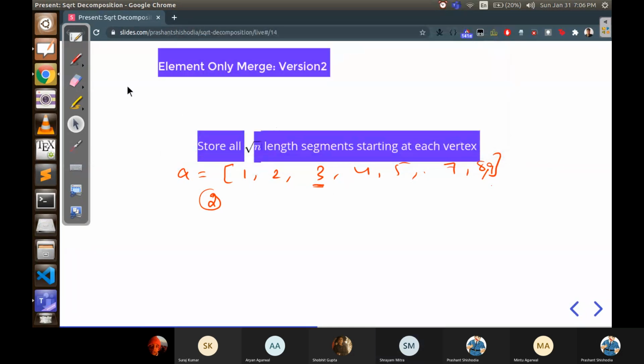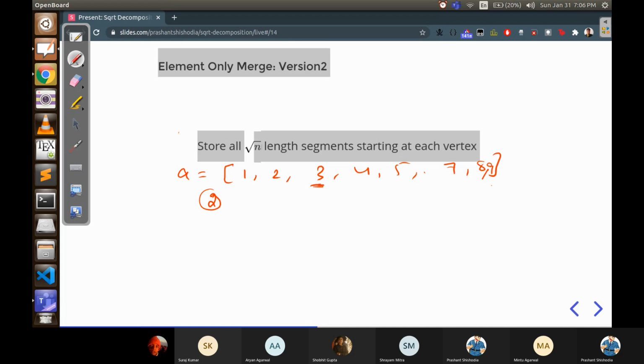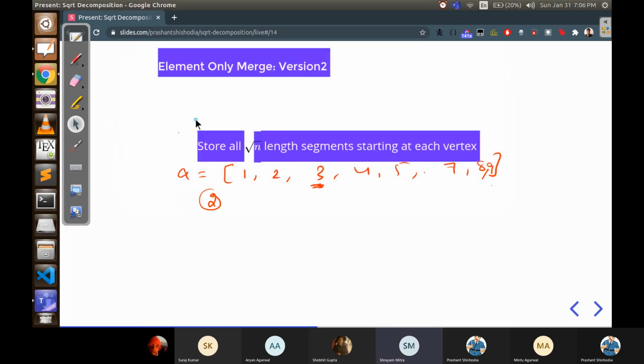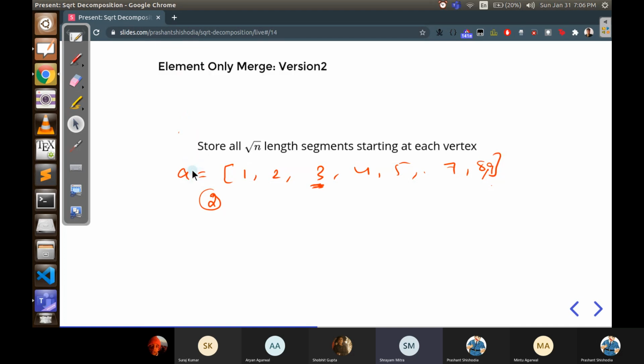So you are starting at the third index, right? Yes, third index, and the block size is say 2. So we will go to position 5, and there would be ranges like 5 plus 2, 5 plus 4, 5 plus 6. Okay, there would be 5 plus 6.